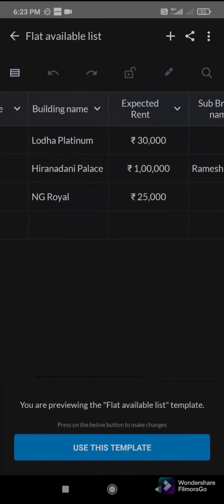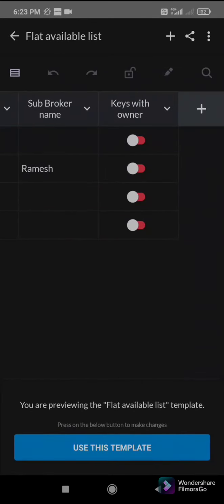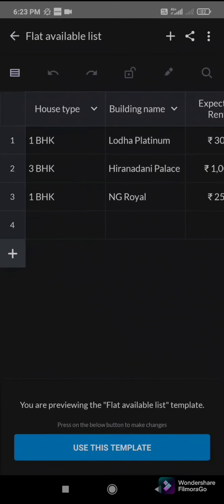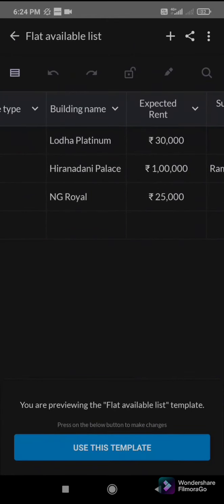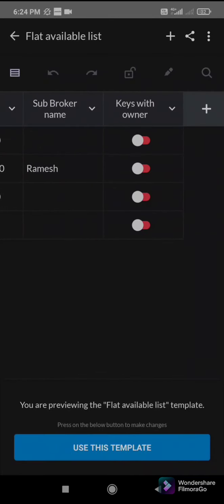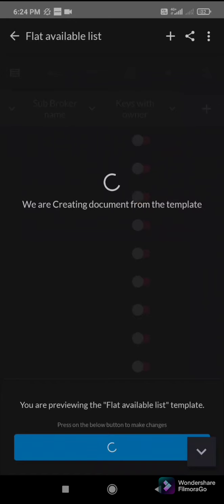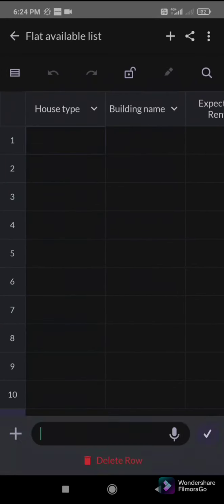There are so many columns, and based on that, the details are filled. So for house type 1 BHK, building name is Lodha Platinum, then expected rent, sub broker, keys with owner. You can use this template for your future reference. In the same way, you can fill in all the details which are relevant and required for you.